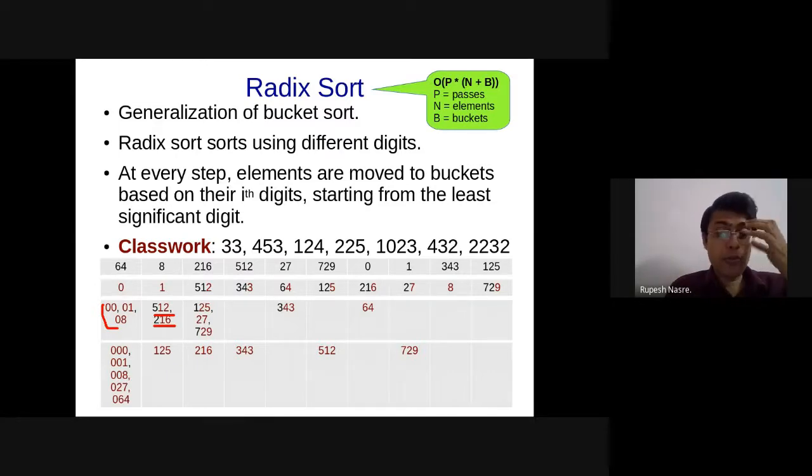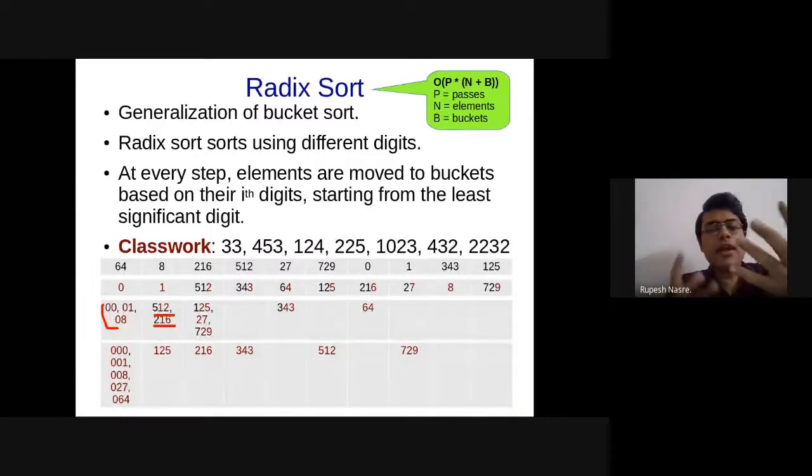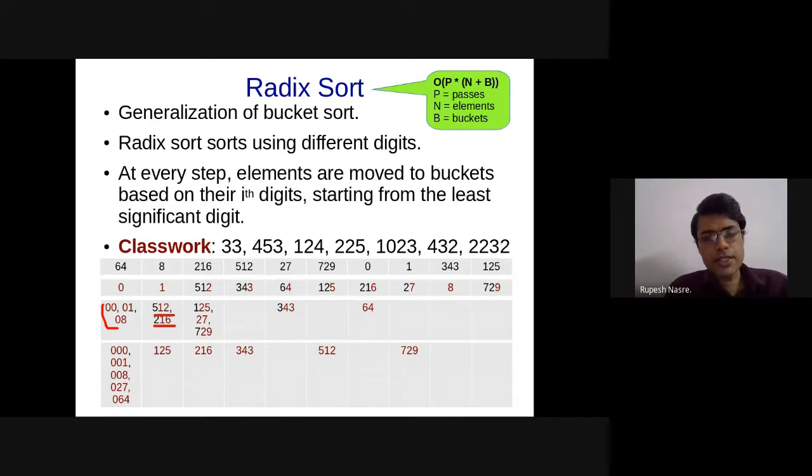In this case, the number of buckets is bounded by 10, but you might be able to do better. For example, you might look at 2 digits at a time, and then you can have 100 buckets, 00 to 99. You might think about that as a number. Therefore, you can increase the number of buckets. If you are thinking about hexadecimal values, you can have 16 buckets, like that.